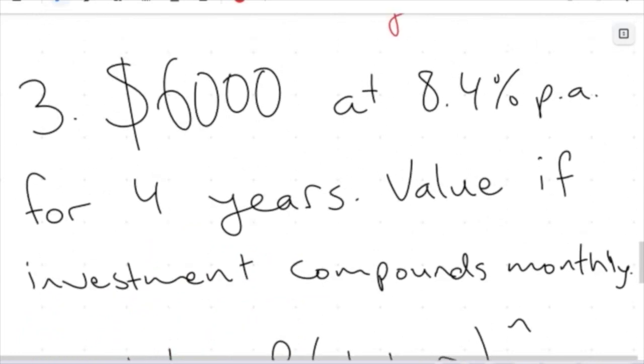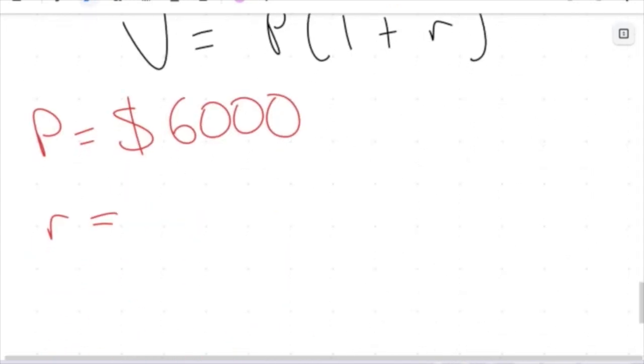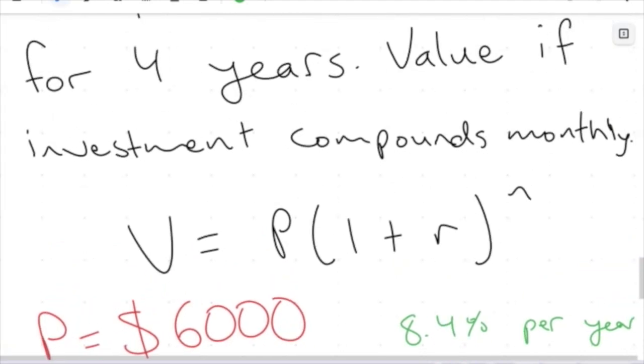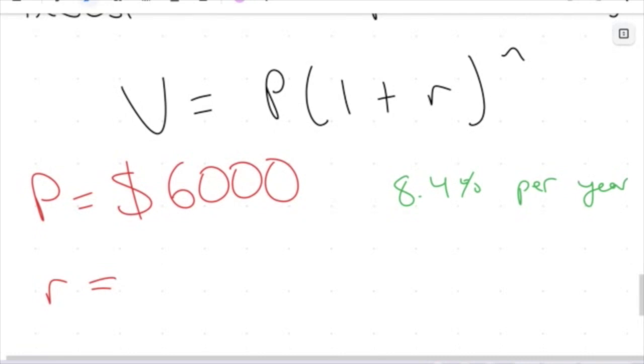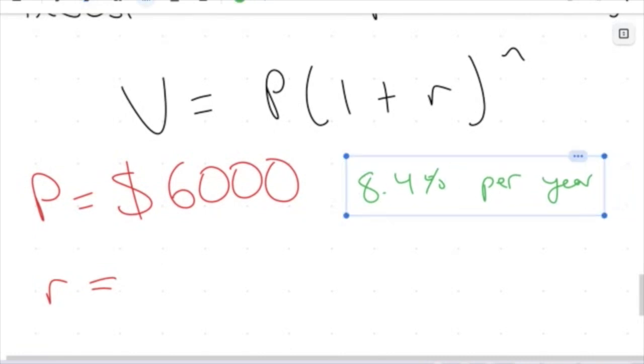Okay, now let's consider the rate here, because my rate that I'm given is 8.4% per year. So let's actually write that on the side here. My rate is 8.4% per year. Okay, now if this is the rate per year, I want to find what the rate is per month, because my thing is compounding every single month. So my rate is going to change from a yearly rate to a monthly rate. Now, how can we do that? Well,